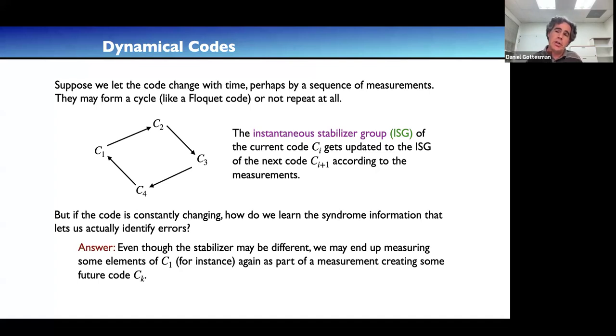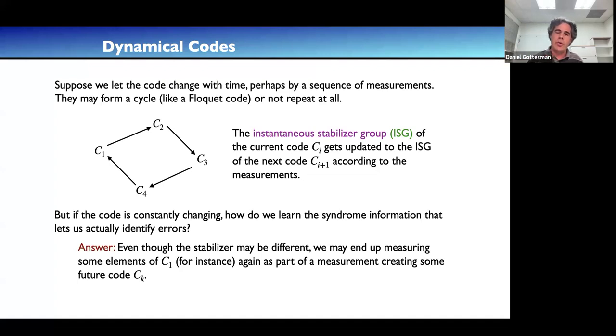And so one challenge in this type of code is that in the Floquet code, you see it has this weird property that instead of taking your code and measuring the error syndrome, you have some new measurements that update the code and at the same time gather information about errors. But in order to actually figure out the error syndrome of this code, you have to combine your measurement results from different time steps.